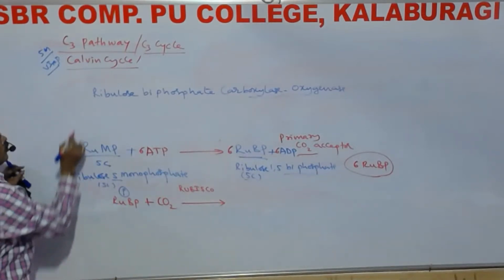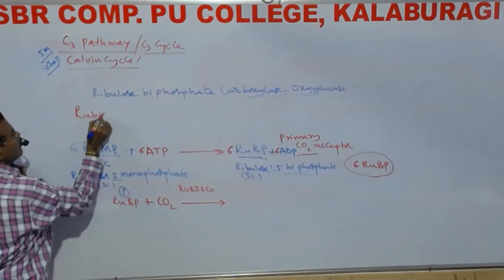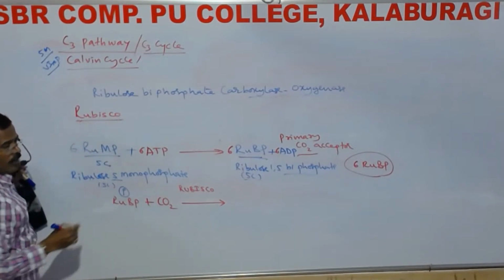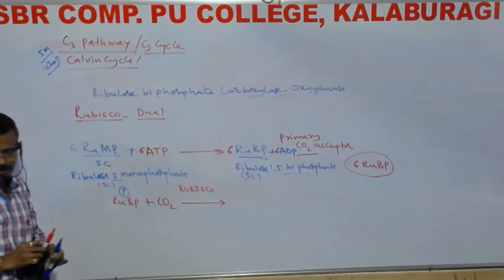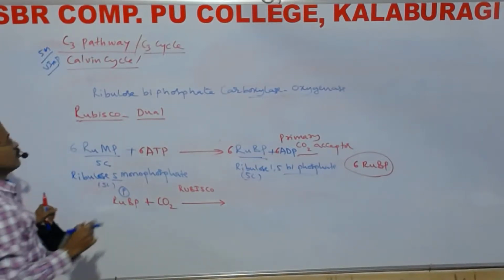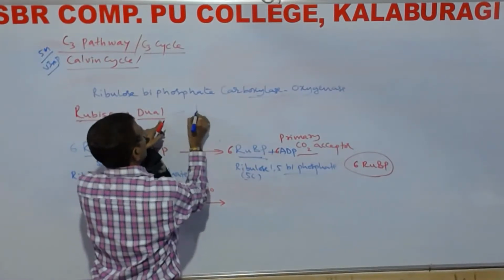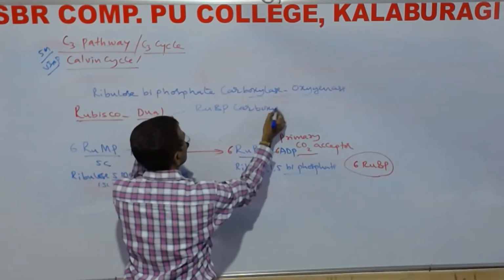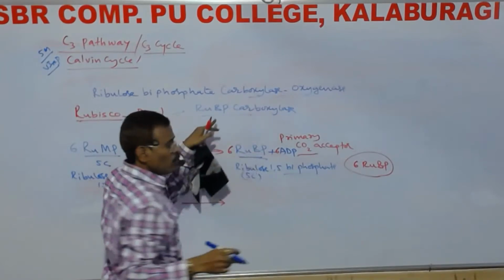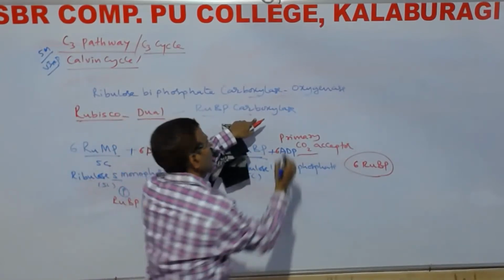This Rubisco has a dual function. Dual function means it can act as RUBP carboxylase, a ribulose biphosphate carboxylase enzyme,